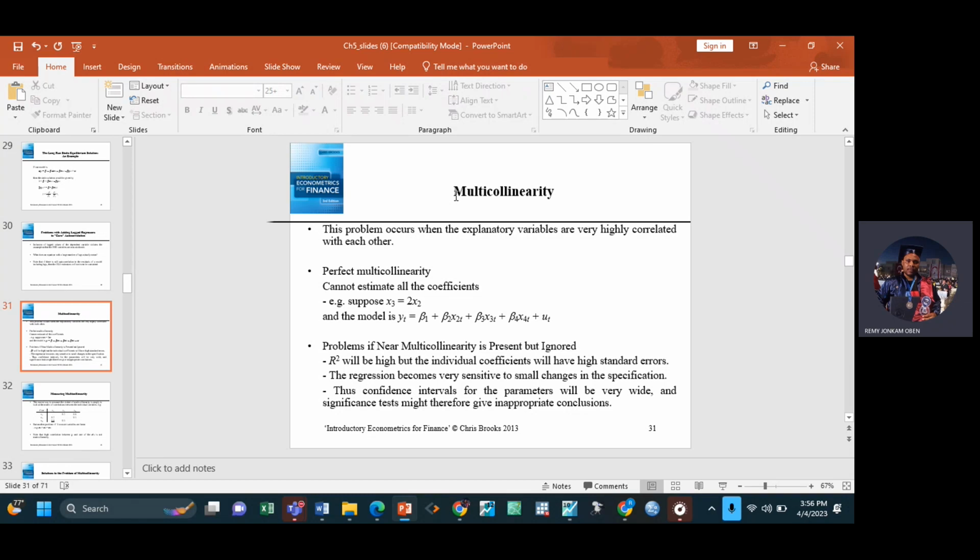Why? Because if these regressors are very related to each other, then it is difficult to hold one constant while interpreting the other. Because you know, with partial regression coefficients, if you want to interpret the effect of one regressor on the regressant, you have to hold the others constant. But if they are too related to each other, then it is difficult to have the pure effect. So we don't want a multicollinearity problem.